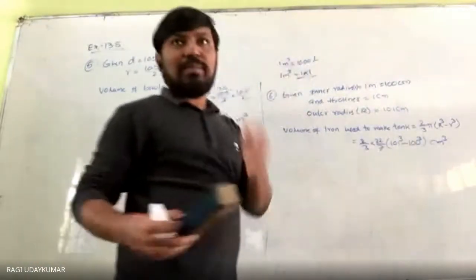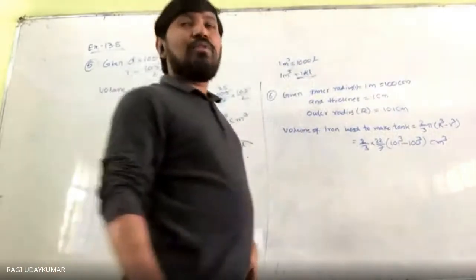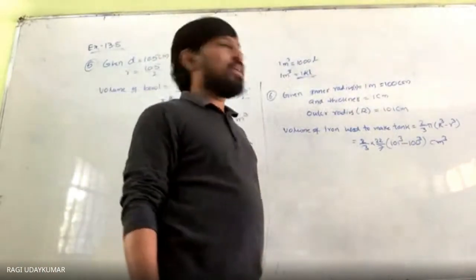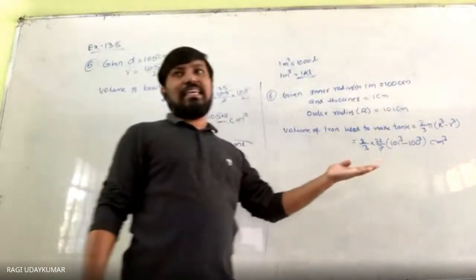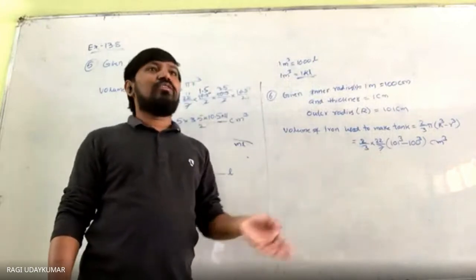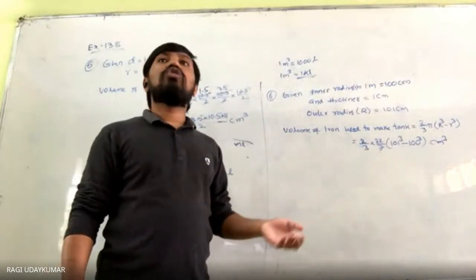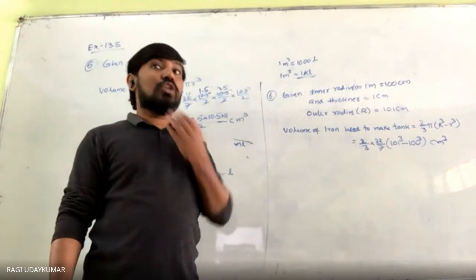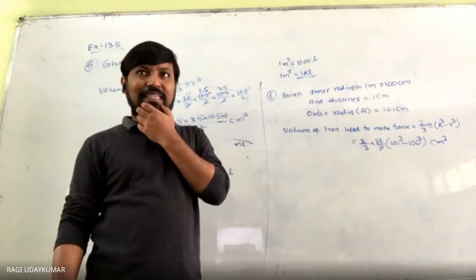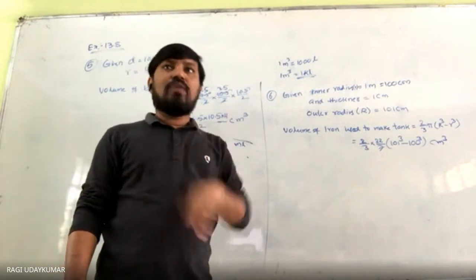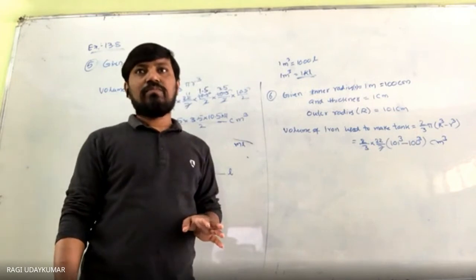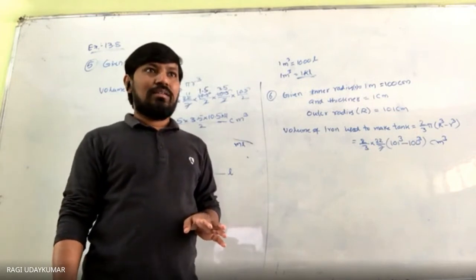Do you know the A cube minus B cube formula? If you want, you can use the A cube minus B cube formula, but there is no benefit in using it here. Find out 101 cube. You can use the A plus B whole cube formula to find 101 cube. Previous knowledge you have to use it here. Is it understandable?